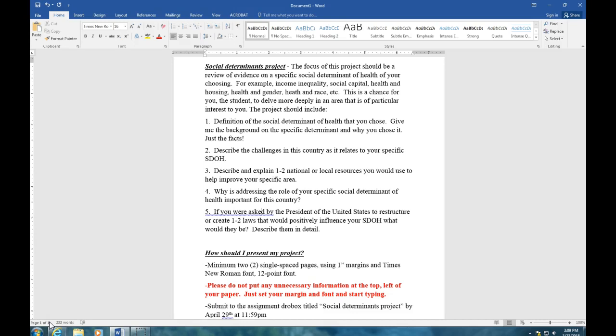So what is its impact in relationship to the whole health of the whole country? So how does it sort of impact? If you look at it, you sort of start on the individual level, and then it impacts that county, and then that county impacts that state, and then of course that state impacts the country as a whole. So why is addressing your specific one